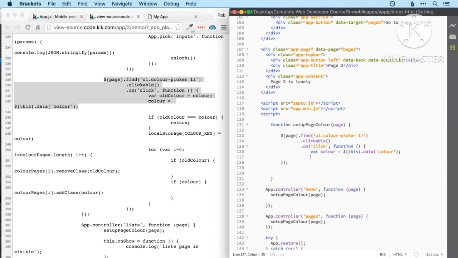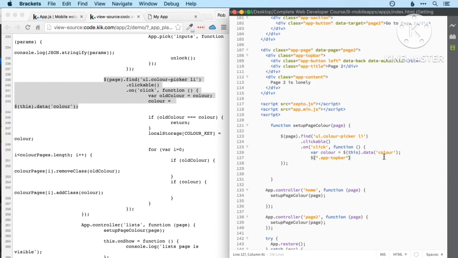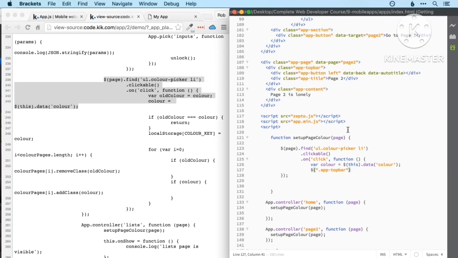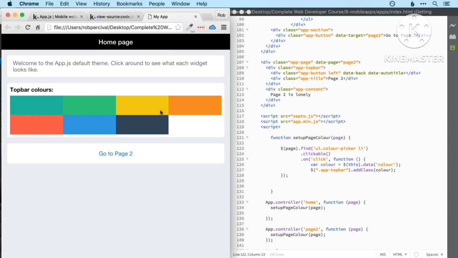So let's get rid of our alert and find app-top-bar. Oh, it's a class rather than an ID. And we want to add the class color to it. So let's just see if that works in itself. It may do. There we go. In fact, it almost does,